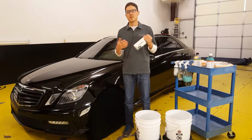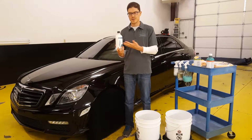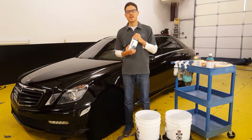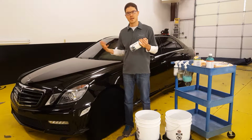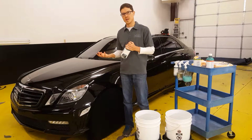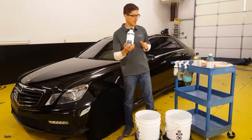Now again, it's not 100% necessary, but for as cheap as this stuff is and how quick it is to apply, you'll see in just a few, it is well worth it and very, very cheap maintenance, like I said, extends the life of both the coating and the film. And given how much you spent on paint correction and the coating or the film, it's wise to just do this and keep up on